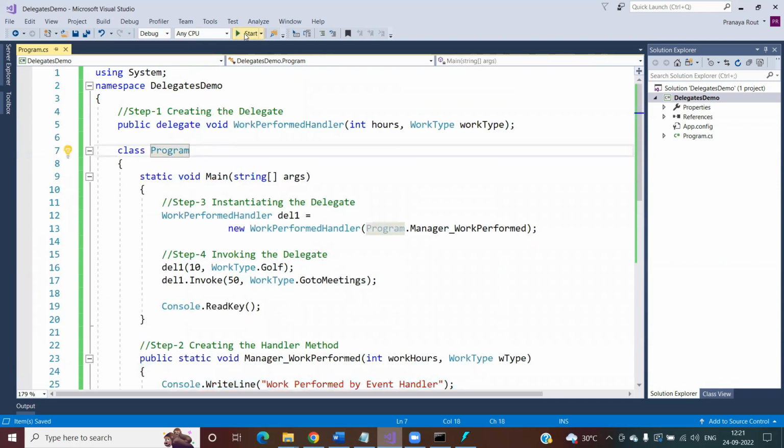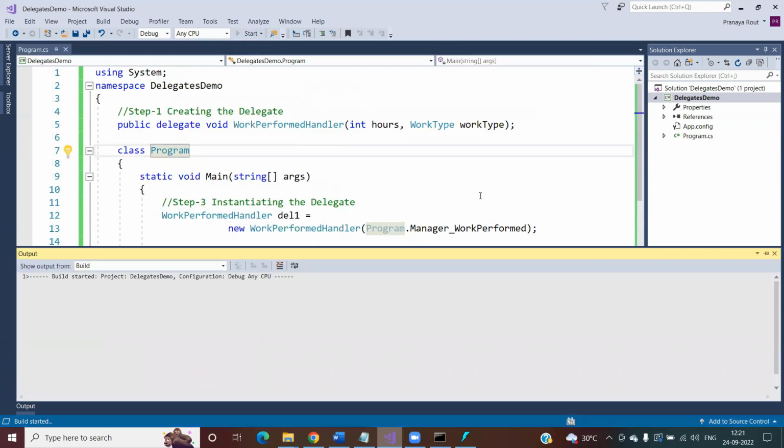Now let us run the application and see the output. So once you run this application, then you will see that the handler method is going to be executed two times because from our main method,